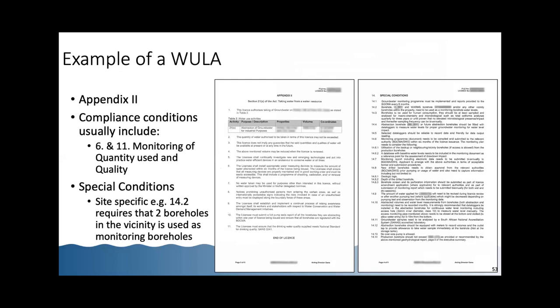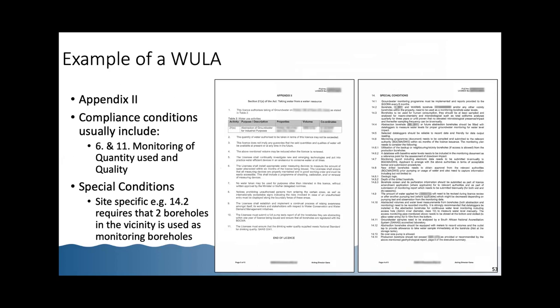And then further on, Appendix 2 deals with the specific water use compliance conditions. For example, in this case, for groundwater abstraction, it's always there. You have to monitor the quantity of groundwater that you use, and you also have to monitor the quality. And in some